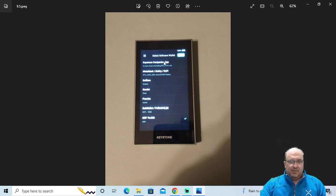Then you will select a software wallet. In this case, we're going to use the XRP Toolkit. So once we select the XRP Toolkit,